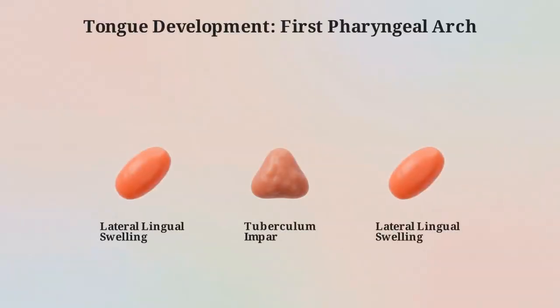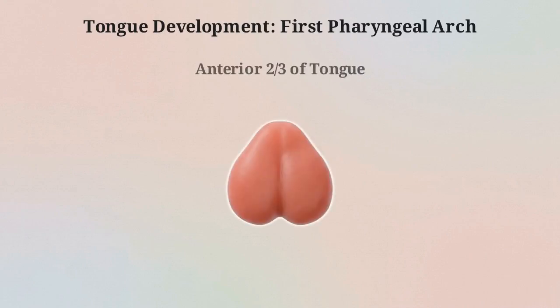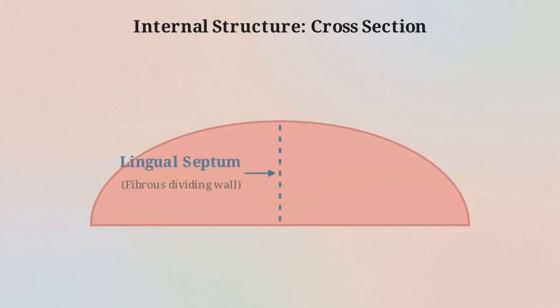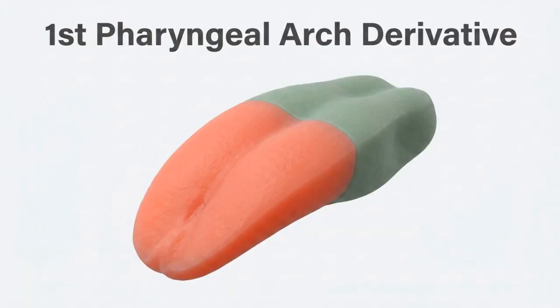As they expand, the lateral swellings merge, overgrowing the tuberculum impar to form the entire anterior 2/3 of the tongue. Externally, this fusion leaves the midline groove. Internally, this boundary forms the fibrous lingual septum, a dividing wall beneath the surface. Because the lateral swellings completely bury the median structure, the tuberculum impar contributes no recognizable structure to the adult tongue surface. The tongue's anterior 2/3 is an exclusive mucosal derivative of the first pharyngeal arch, possessing a distinct identity before